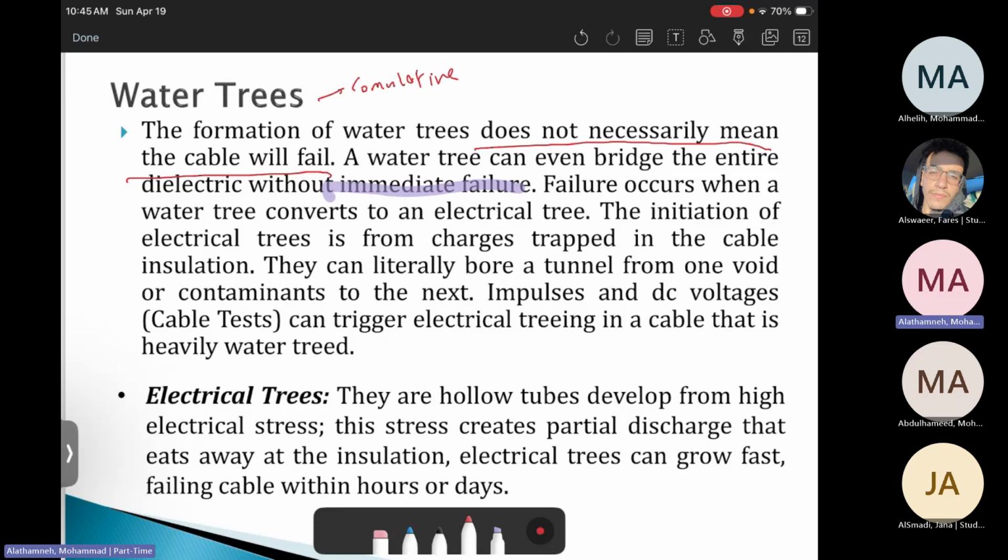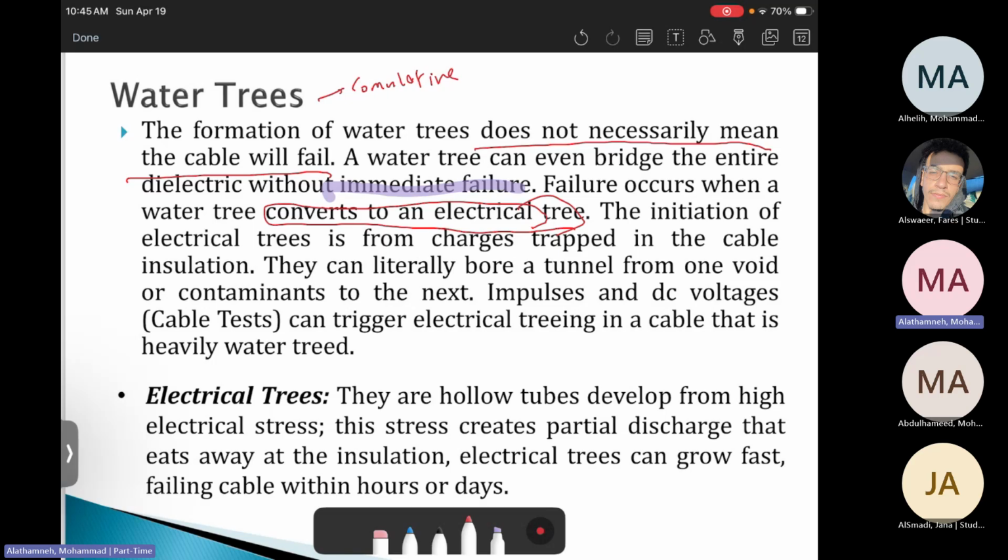Then failure occurs when the water tree converts to an electrical tree. That's the thing. Once it's a water tree, it is not harmful immediately. It can have impacts in the long term, but it will not cause an immediate fault or failure. The immediate fault or failure will happen when the water tree converts to an electrical tree. Then